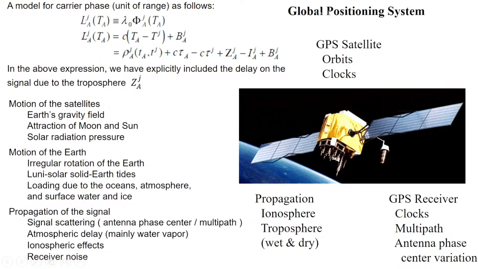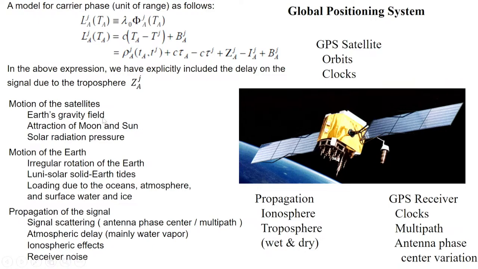So this is the global positioning complete error information. So you have to do the orbit correction, clock correction, ionospheric correction, tropospheric correction, multipath, antenna phase variations, and apart from this your instrumental error correction, you have to have this modeling data also, like motion of the satellites, earth gravity field is there,